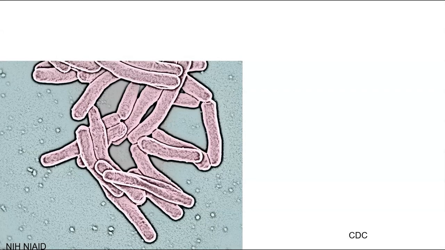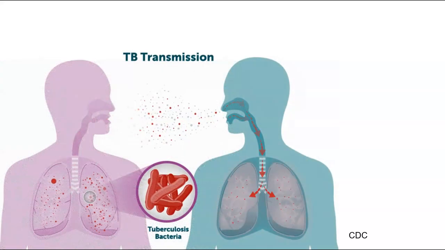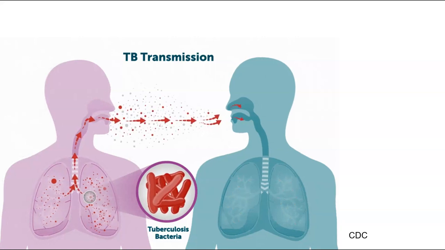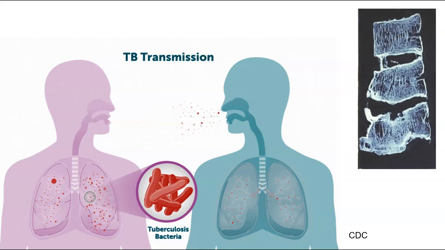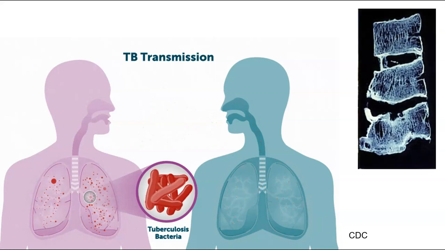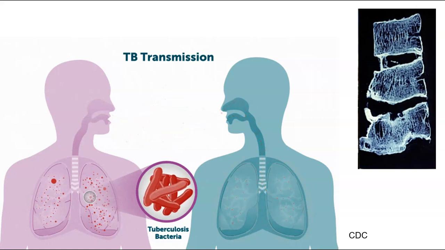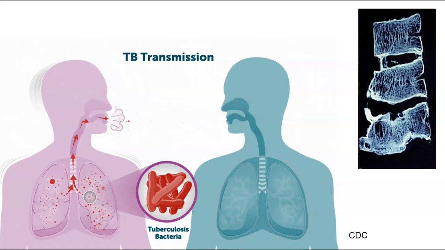Tuberculosis, or TB, is a bacterial infection caused by Mycobacterium tuberculosis and its close relatives. TB is still a major cause of deaths worldwide. It commonly affects the lungs and causes symptoms like persistent coughing and chest pain. And in some cases, TB disseminates to the bones. In these cases, where it causes distinctive lesions, particularly in the vertebra of the lower back, it can be identified